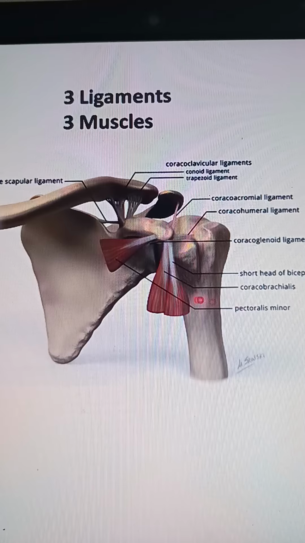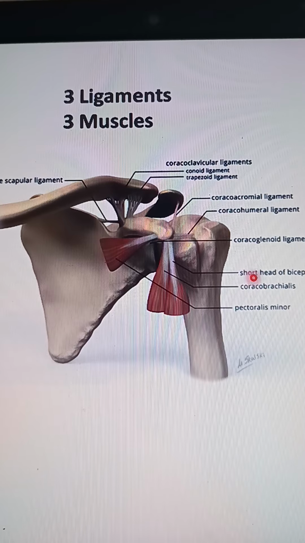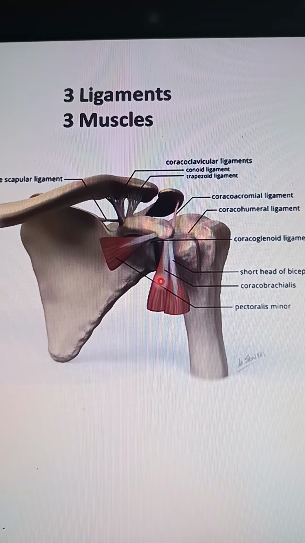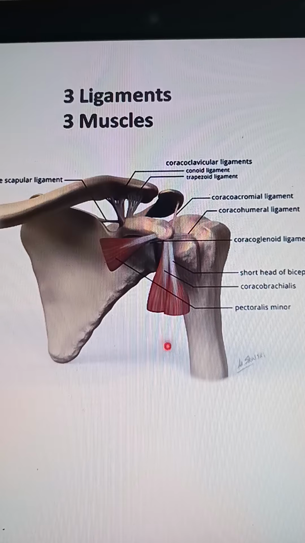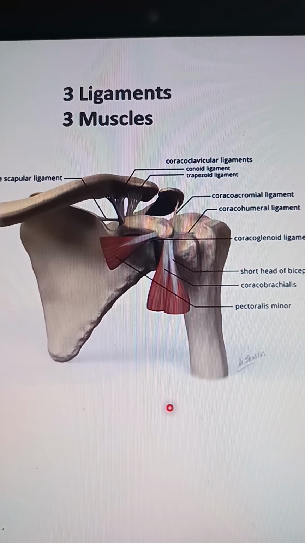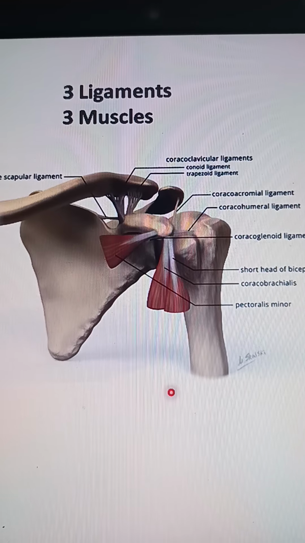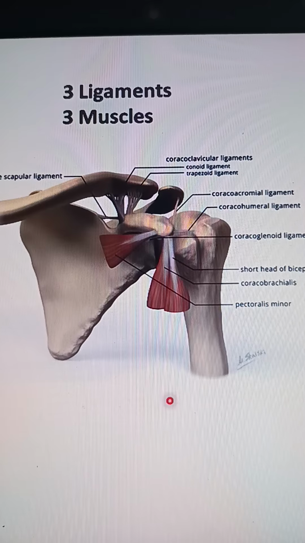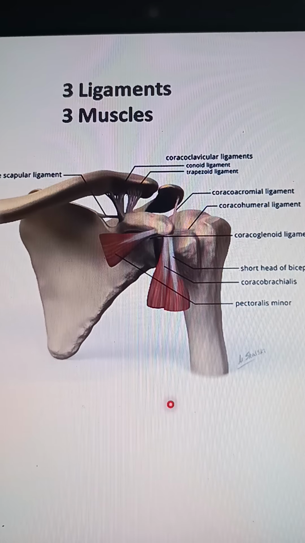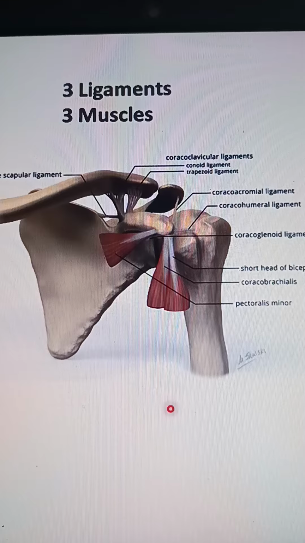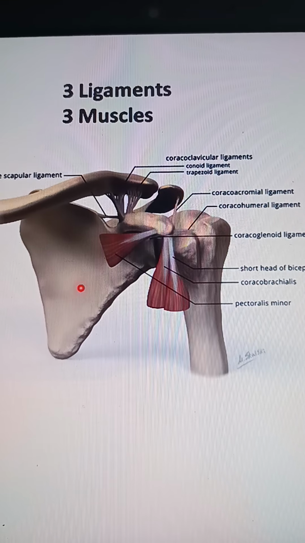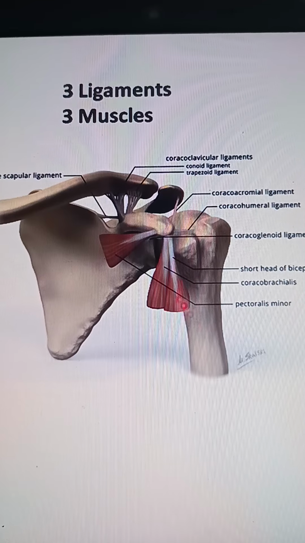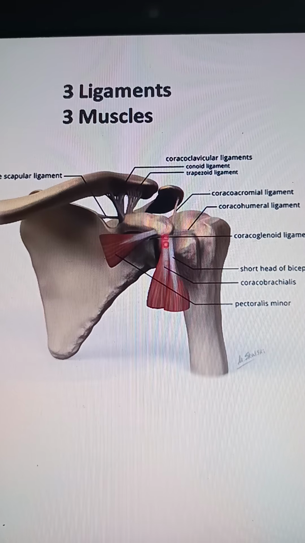Now the third muscle, that is the short head of biceps. So that runs from the coracoid process. It crosses the elbow joint and gets inserted to the proximal end of the radius. So that attachment is onto the forearm. So the muscles run from the anterior chest wall, arm and forearm.